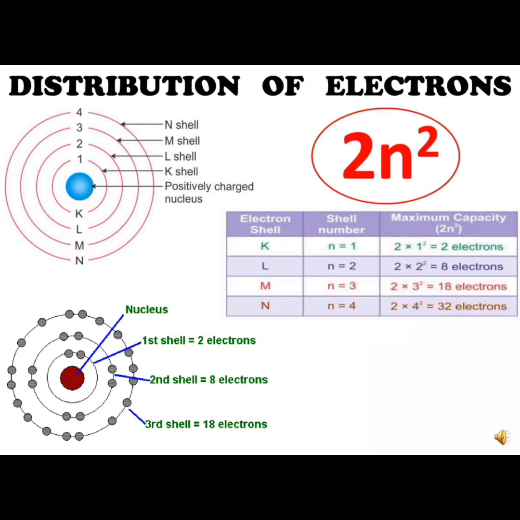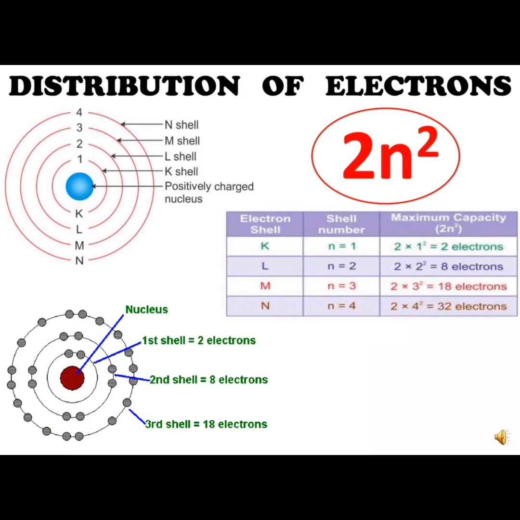In the diagram below, the red circle is your nucleus, and outside that you see the electrons which are present. The electrons are present around the nucleus, but you don't see electrons just placed anyhow. Okay, you see that the electrons are very nicely placed around the nucleus.